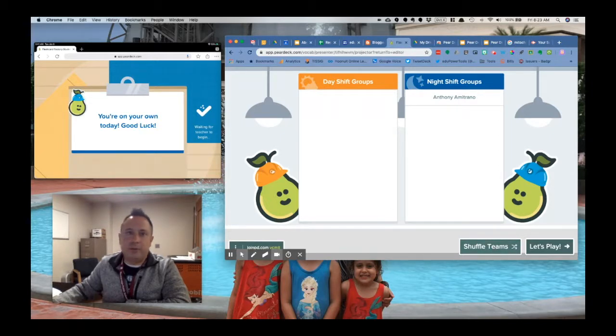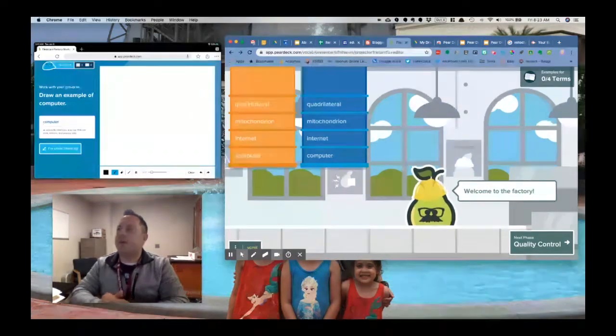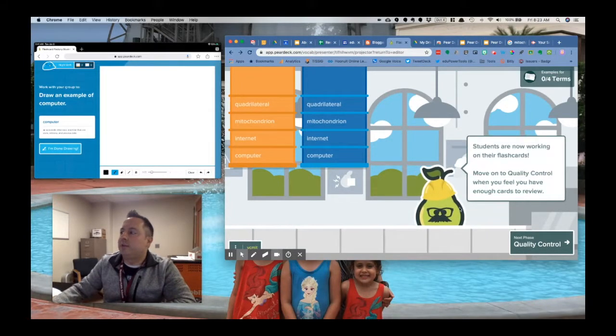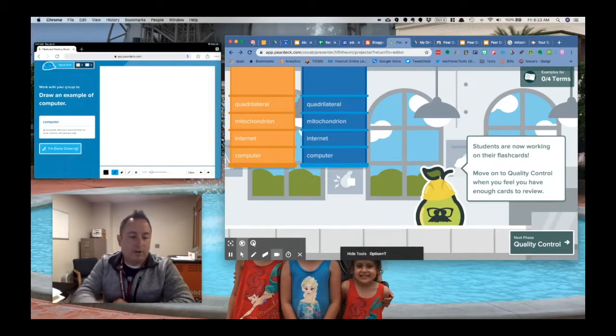You can shuffle the teams up and make it be how you need it to be. Click Let's Play. So that starts it up. All right, so on the teacher board here, this is displayed on the screen. This is showing the factory. So it shows the words, the vocabulary terms that we're working on, and the kids are on their individual devices